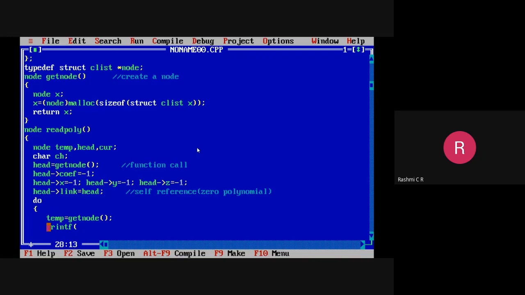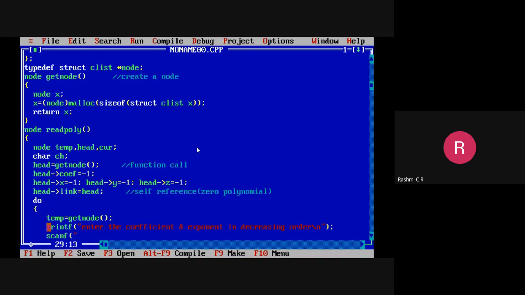Okay, so using this temporary node, now I have to assign the terms of the polynomial. While assigning the terms, you have to enter the coefficients and exponent terms of the polynomial in decreasing order. As I have already explained why it is in decreasing order, enter the exponents in decreasing order, because highest exponent terms will be displayed first. Whenever you write a polynomial in mathematics also, highest exponent terms will come first, followed by the lowest exponent terms. Hence, it should be mentioned like that.